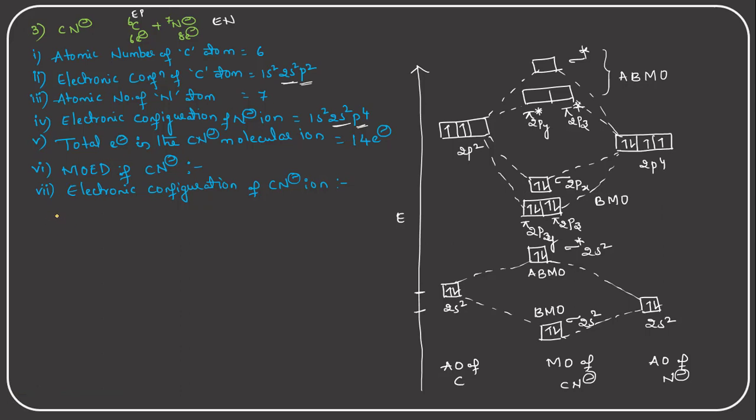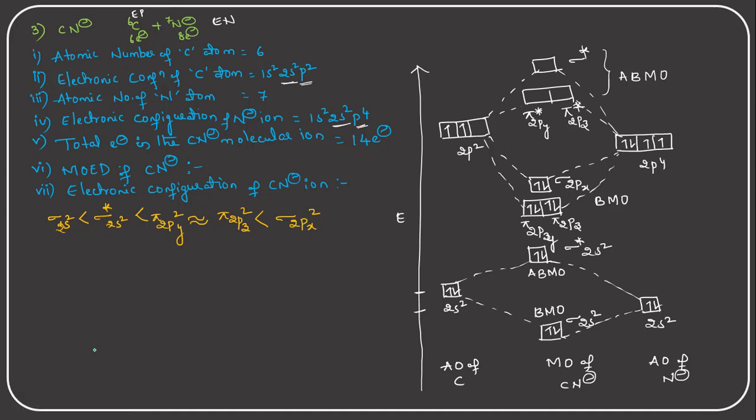So what is the electronic configuration now? The sigma 1s 2 electrons have lesser energy than the sigma star 2s 2 electronic configuration, which has lesser energy than the pi orbitals, pi 2py 2 electrons, and they have equal energy with the pi 2pz. 2 electrons have lesser energy than the sigma 2px, right? And which also has 2 electrons.